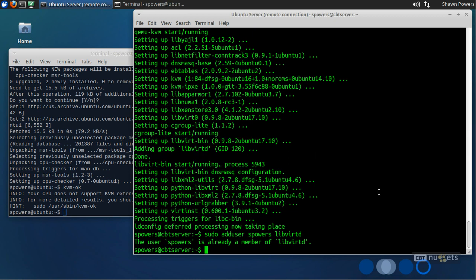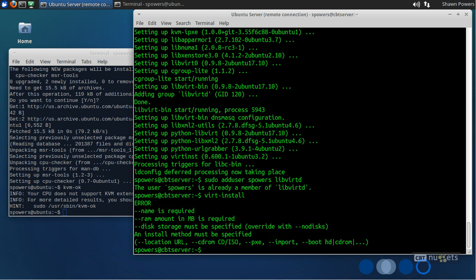Now, on our command line only system, if you're really a hardcore nerd and you want to use a command line tool like virt-install, this will actually install a virtual machine based on all sorts of command line flags. It just mentions a few that are absolutely required. You have to name it, you have to tell how much RAM, what sort of disk it's going to be using, what type of CD-ROM, is it going to boot over PXE? There's all sorts of things you specify on the command line to create a virtual machine. Those tools are there, they're awesome, and it's neat that you can do that on the command line,